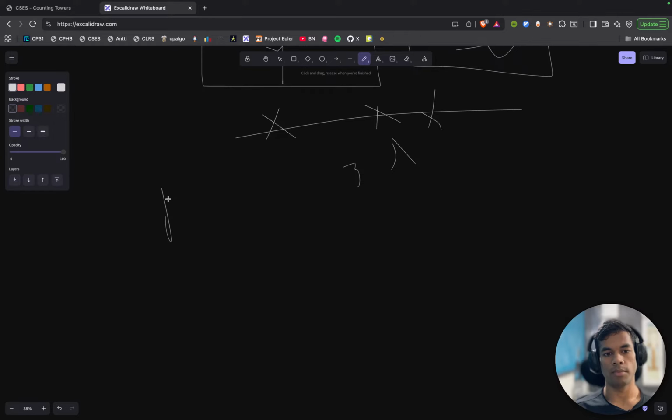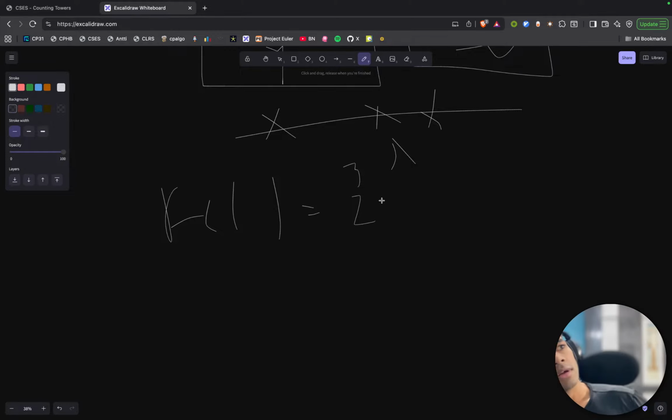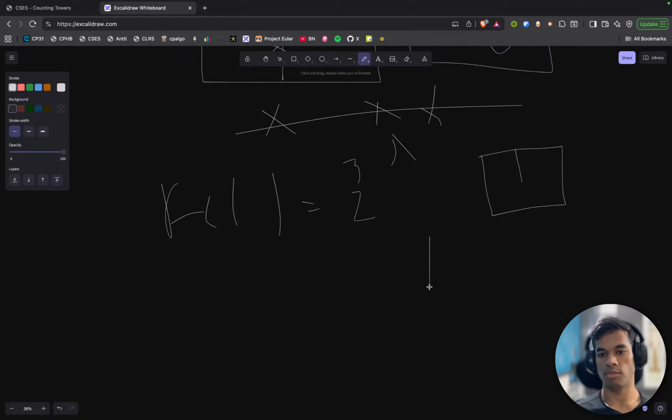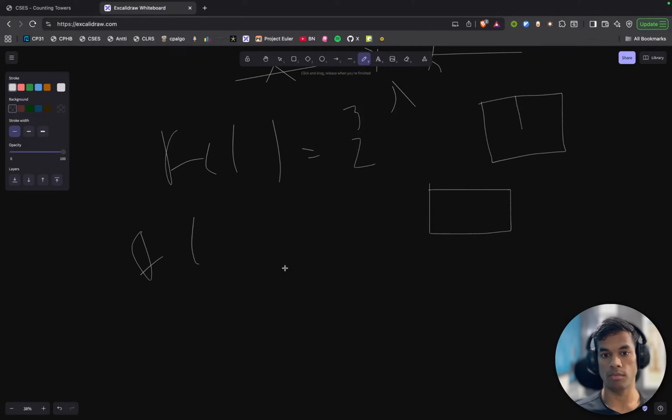because we have f1 equals 2, and in f1 we have these possibilities, either to make a line or to not make a line. And I'm saying when we add another row,